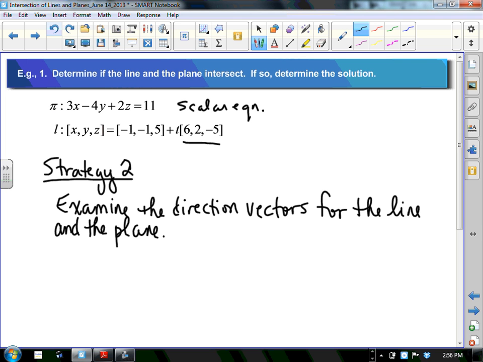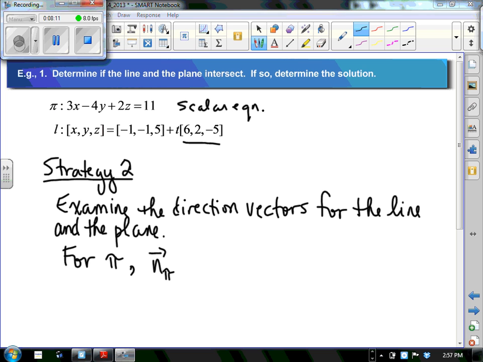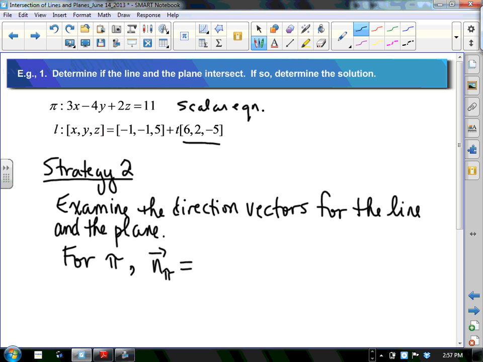So for the plane, what we can say is that its normal vector, I'm just going to call it n sub pi, pi being used as a symbol representing a plane, is going to be equal to (3, -4, 2). And you can see that that's coming from the coefficients